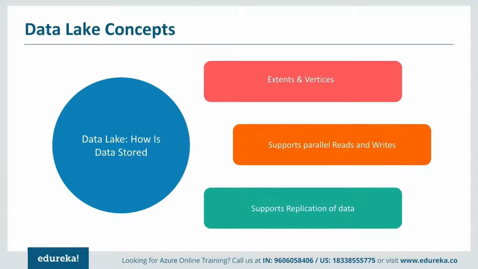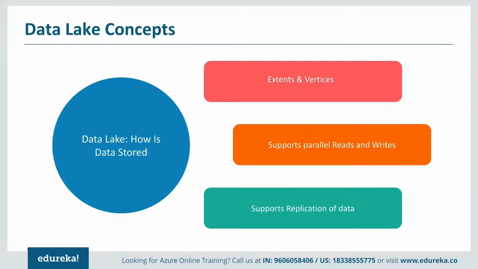Say, for example, I have maybe 10 GB of data. It would break my data into 5 chunks of 2 GB each, and then it would replicate this data. That means 3 copies of this data would be made and stored at 3 different locations, or at the same location, as per the values or rules the user has set. So when you store this data and replicate it at 3 different locations, even if your data goes down at one place, it is still available at the other place